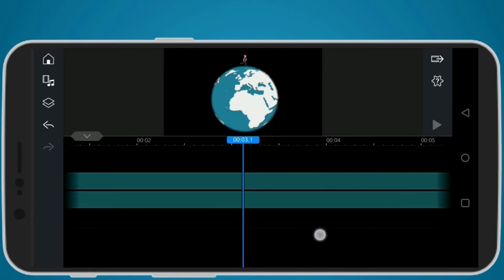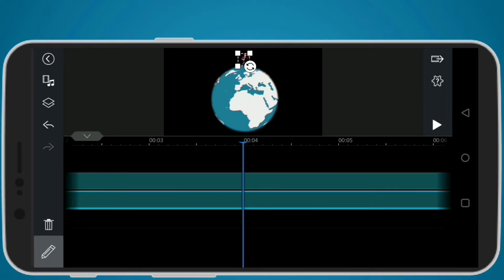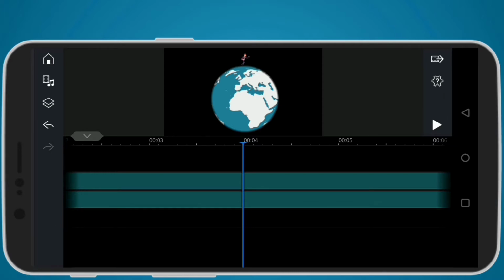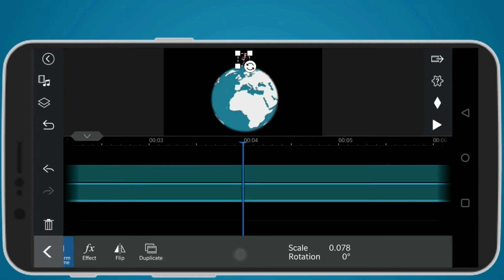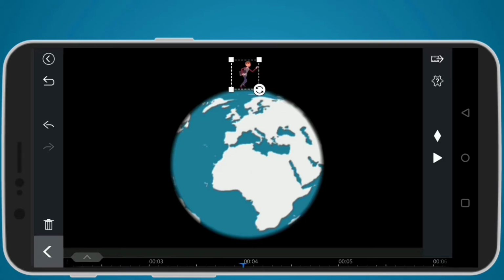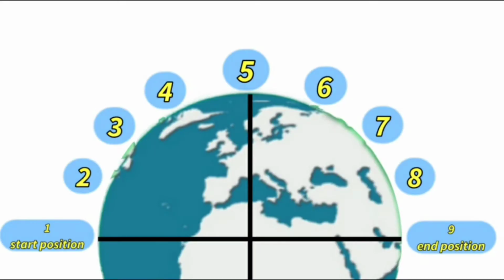Coming to the scale part, it is nothing but the size of the image, and this needs to be kept the same for all the points, and you can decide the size by placing the character at 0.5 so that he doesn't run out of the video. So there is no calculation required in the X and Y position and in the scale value. The pending thing is the rotation, and we need to calculate this for all the 9 points.